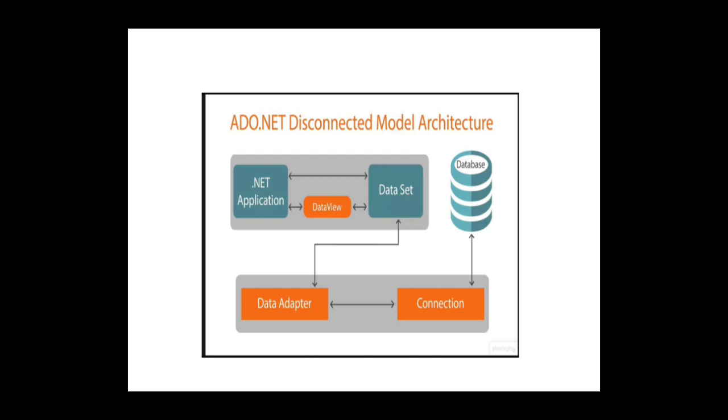Similarly, if we need to modify the data in the database, the data is taken from the data set and passed back to the database to modify the data in the database. This operation is called the update operation. Sometimes we need to use filtered data. Instead of performing operations on the complete data set, suppose we want to perform operations on filtered data, small portions of the data, then we can use data view instead of using data set.